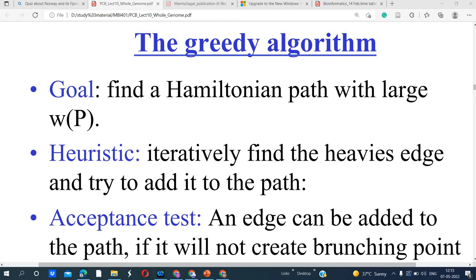The heuristic iteratively finds the heaviest edge and tries to add it to the path. During this process the algorithm tries to find the heaviest edge that can be added to the path, because we want to discover the path that can align the fragments to construct the complete sequence.